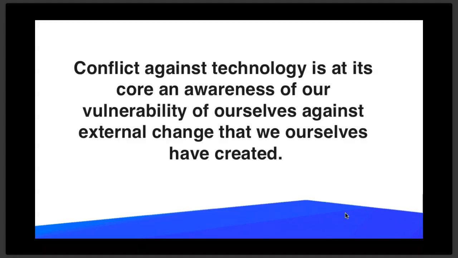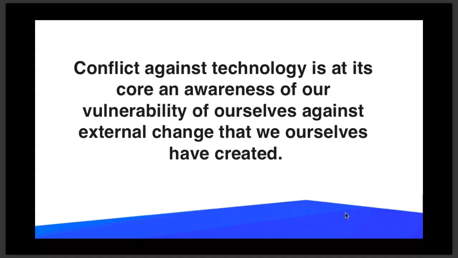So conflict against technology, which we've all been dealing with tonight, is at the core an awareness of our vulnerability against external change. So every time they bring in the AI intelligence, bring in new systems, usually the 25 years before the change of a century and the 25 years after tends to historically be when most change happens. And that change can be learning to drive a car in 1905,